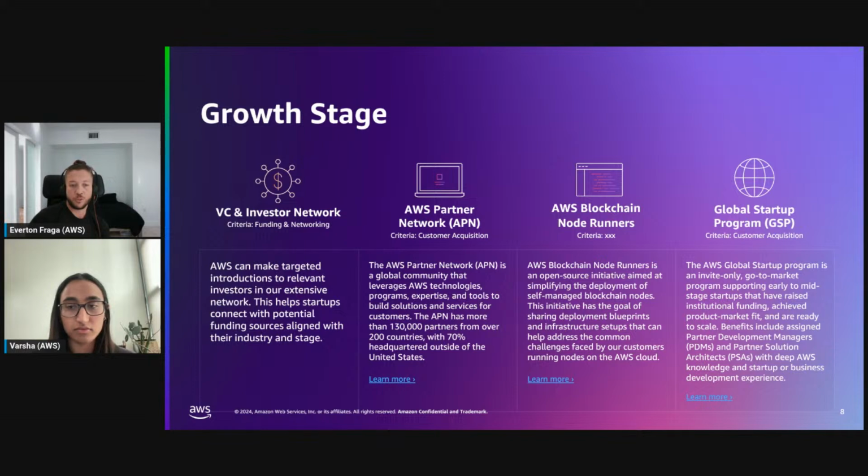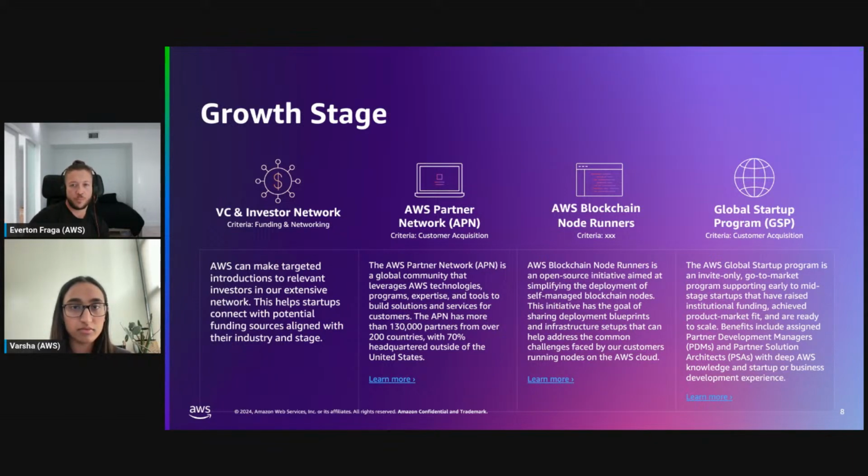some open source projects that folks here on our end we develop and we put for good use. For example, the AWS blockchain node runners. It is a GitHub project that folks can go there, select their protocol of choice, blockchain protocol of choice, and deploy nodes for that protocol, right?